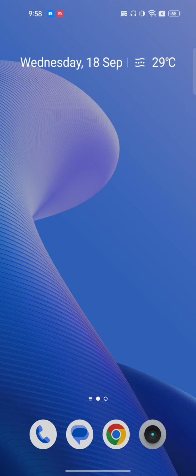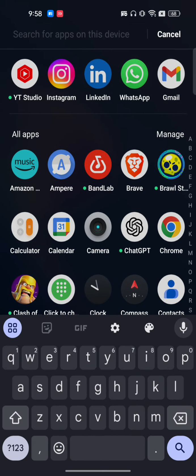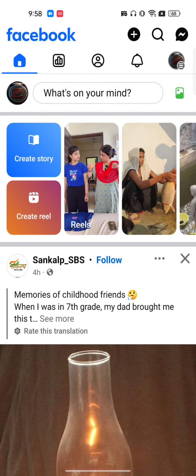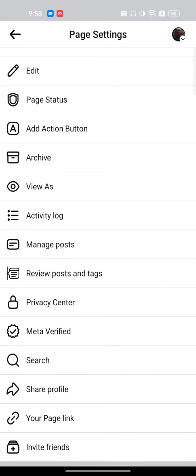Hello everyone, in this video I will show you how to copy Facebook profile link on laptop or PC as well as on your phone. So let's just go to our Facebook Mail application here, and then you have to go to your profile icon. Once you go here to your profile icon, click on the three dots, go to the bottom, and here you